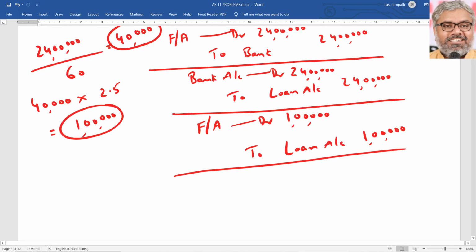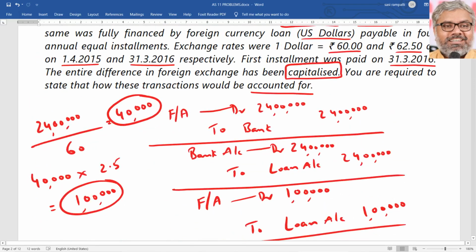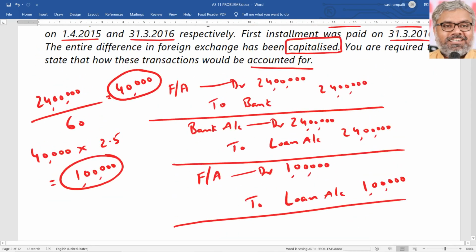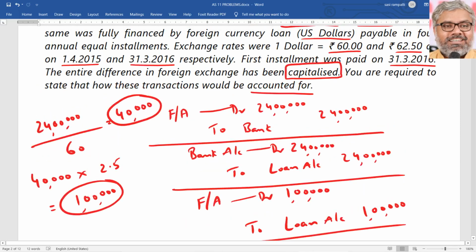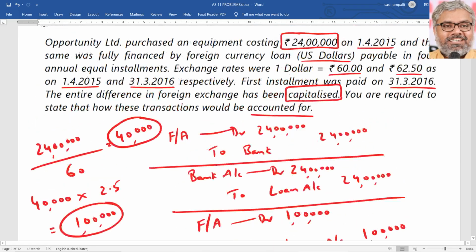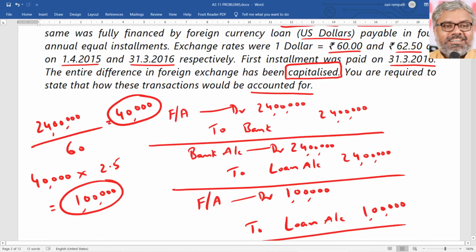Like this, whenever there is a change in the exchange rates, because of which a monetary item's amount is either increasing or decreasing, then such increase or decrease can be adjusted with the cost of the fixed asset, and the depreciation charge on that fixed asset will also accordingly change. Like that, you can write about this option, and you can write the other options too, on how these transactions would be accounted for. Alternatively, if the company has not chosen to capitalize this exchange loss, then it could have debited this loss to the P&L account in the year at the time of preparation of its financial statements.